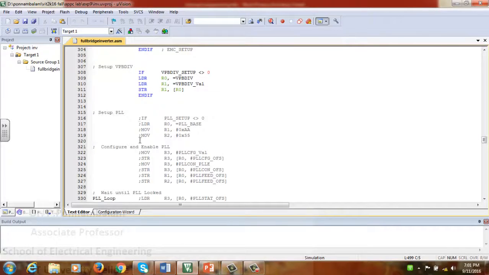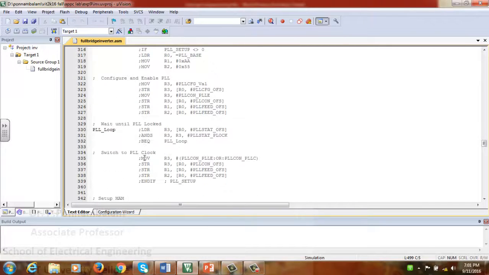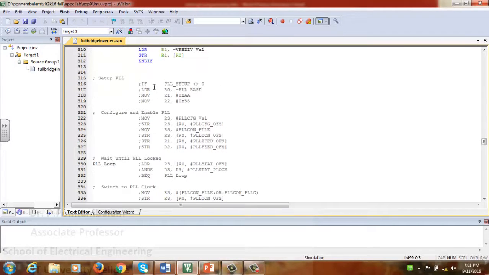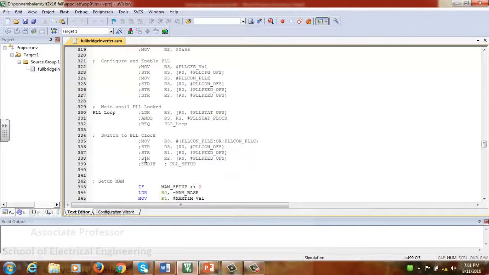You'll be putting the semicolon because this particular part is making your frequency go high. So to avoid tampering with the frequency and to make the frequency stable, you'll have to make these